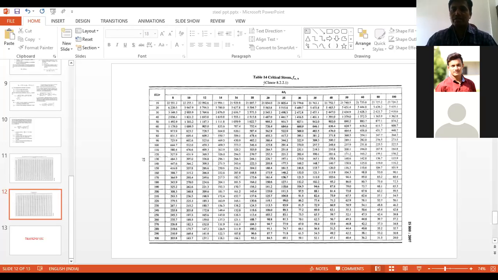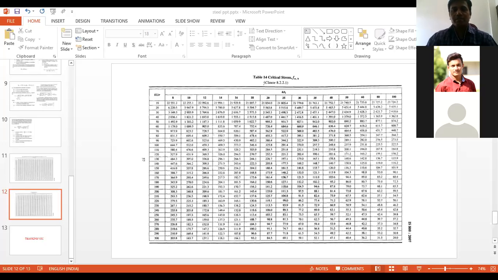That is MD equals beta B into ZP into FBD. Now FBD, how will you calculate? First, you have to calculate the KL by R, that is the slenderness ratio. Normally in case of a simply supported beam or hinge, we take K equals 1. That means K into L is called the unsupported length actually. K is 1, I assume that it is a simply supported beam.